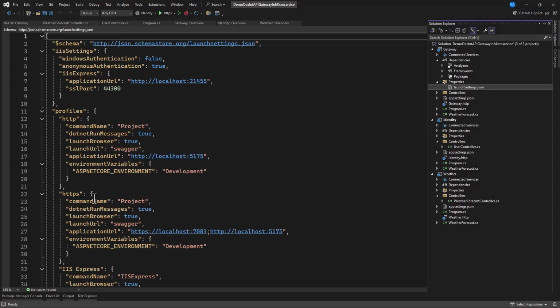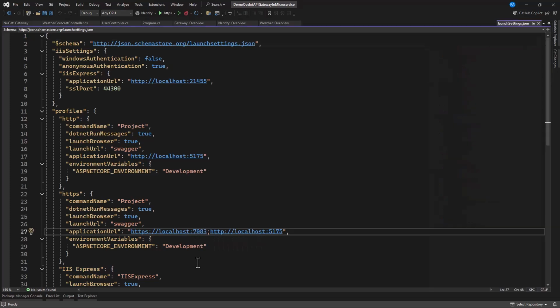So the gateway must run on HTTPS, and the APIs can also run on HTTP. Now let's see what to do. This is a gateway, so it is running on 7083. So let's make it 7000. So this is running on 7000 for our port.